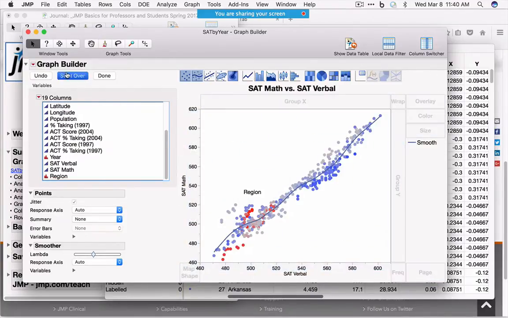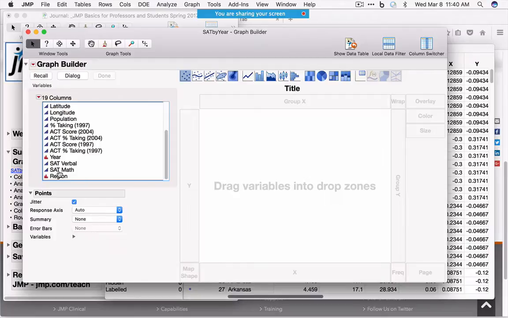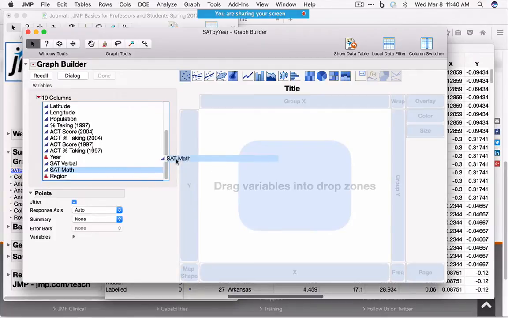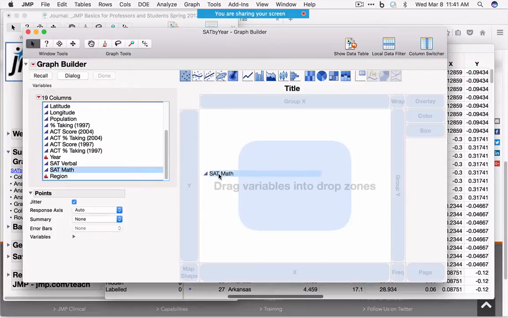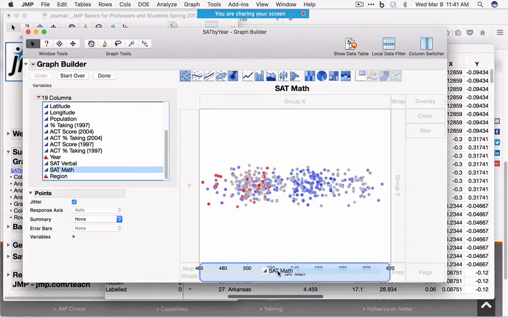But let's go ahead and start over. So let's say I'm interested in math. And as I drag this near the palette, notice that the zones all highlight in blue. So everywhere you see a blue highlight, these are zones where we can release this variable. So this is what it looks like if we let go in Y, and I'm simply dragging without releasing. X,